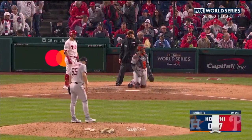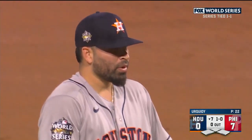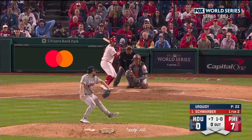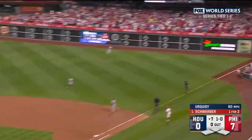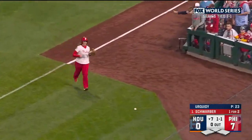The Phillies on the verge of taking a 2-1 lead. Top of the order here, Jose Urquidy. 1 ball, no strikes on Kyle Schwarber. Curve hit down the line, foul. It's 1-1. Well, the Phillies, they're hoping to get back home here, and things have been pretty awesome when